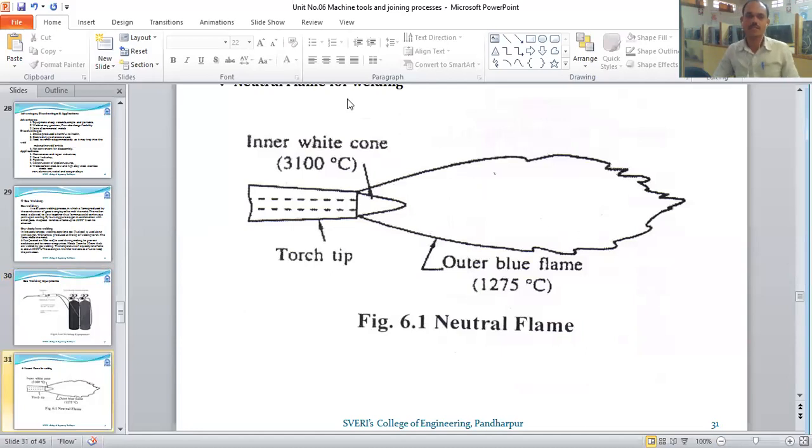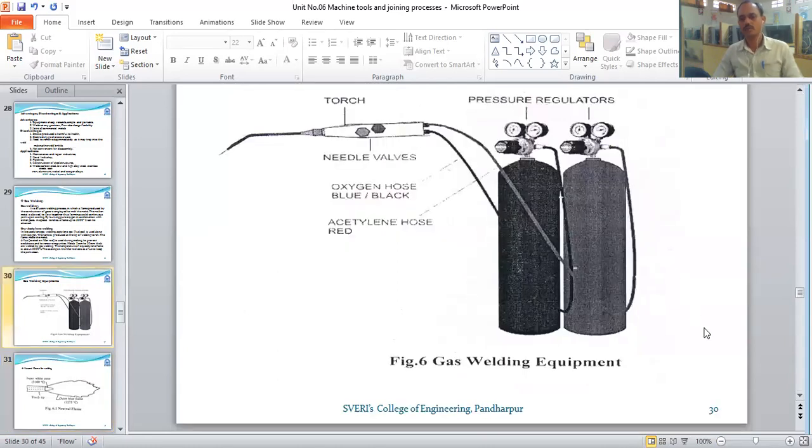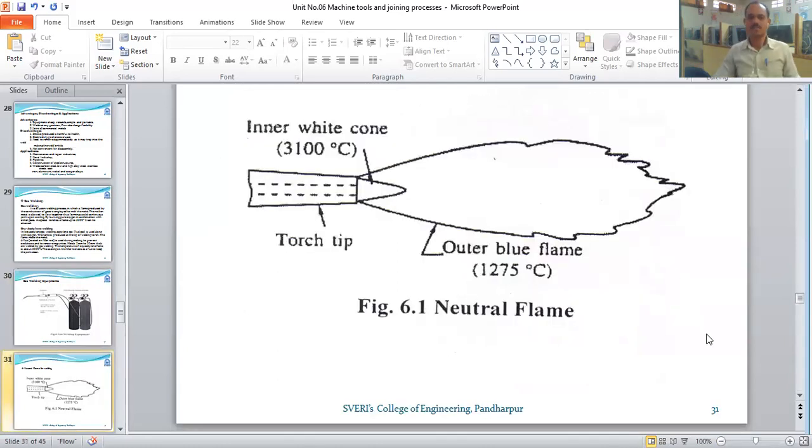So you can observe here different types of flames. There are 3 types of flames we can create. So first one is the natural flame, where the quantity of oxygen and acetylene is the same. So this is the inner white cone here. If you observe gas welding, you will get one cone at the tip of the